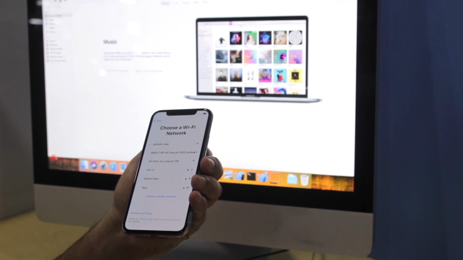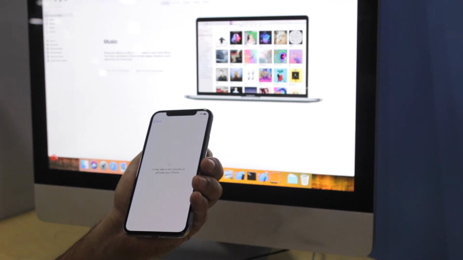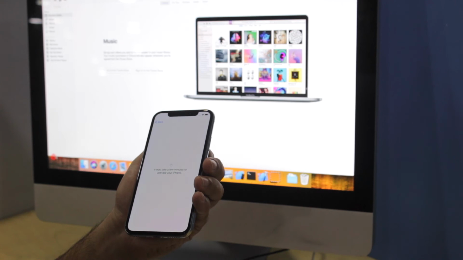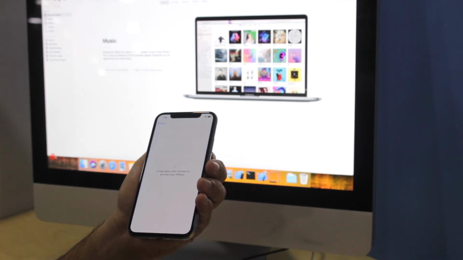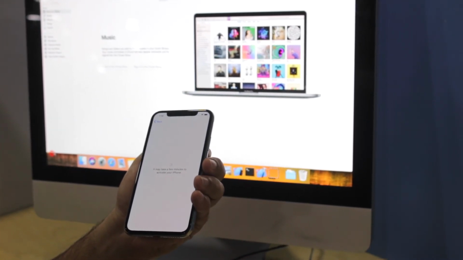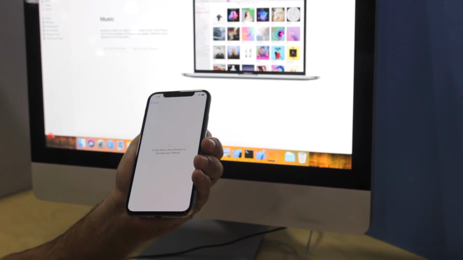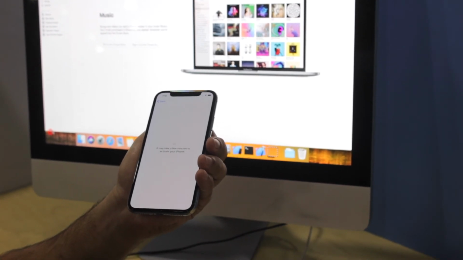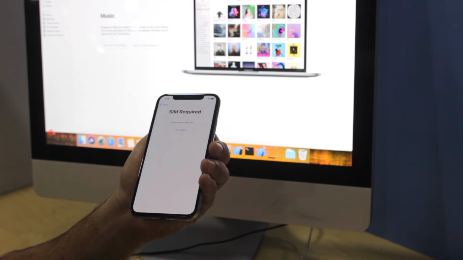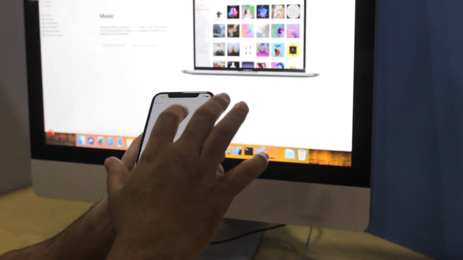You can do it either through your Mac or through the iPhone. Through the iPhone, you will have to enter your Apple ID and password. It will give you the option to restore from iCloud. You can select that option. That's the next step. I'll just show it to you. Give me one minute.